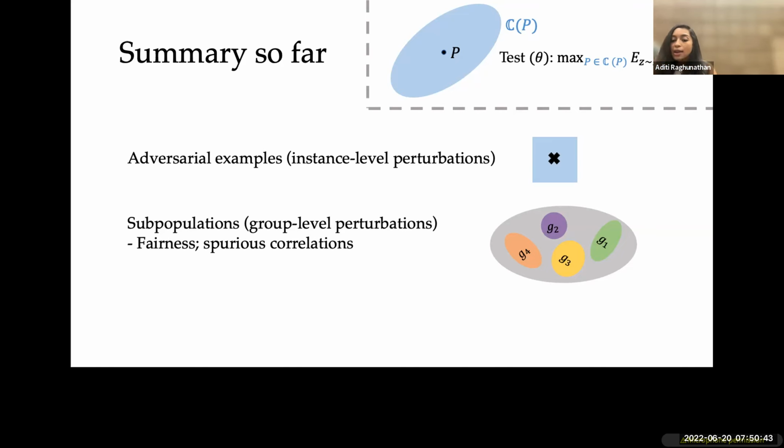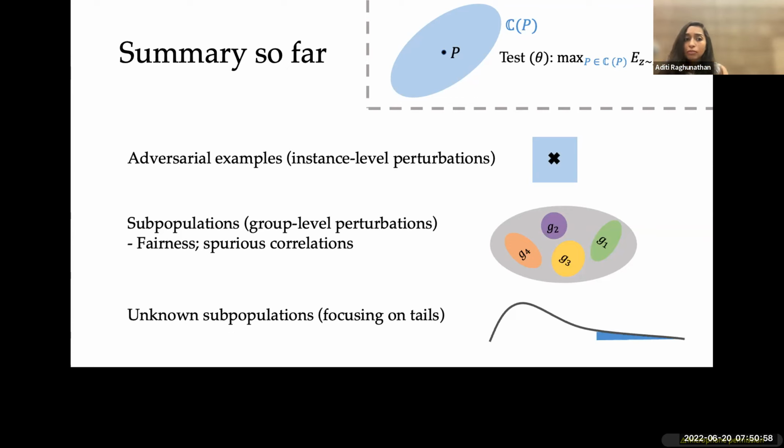And we don't want to do well on just one group or the majority group or that fraction in your training distribution. You want to do well on all of them individually. And this is typically used to measure fairness, or spurious correlations can also be modeled under this framework. And then there's the other notion that we do not know the subpopulations. And so we really want to focus on the tails to make sure that there is really no set of points that are large enough that the model does badly on, sorry.